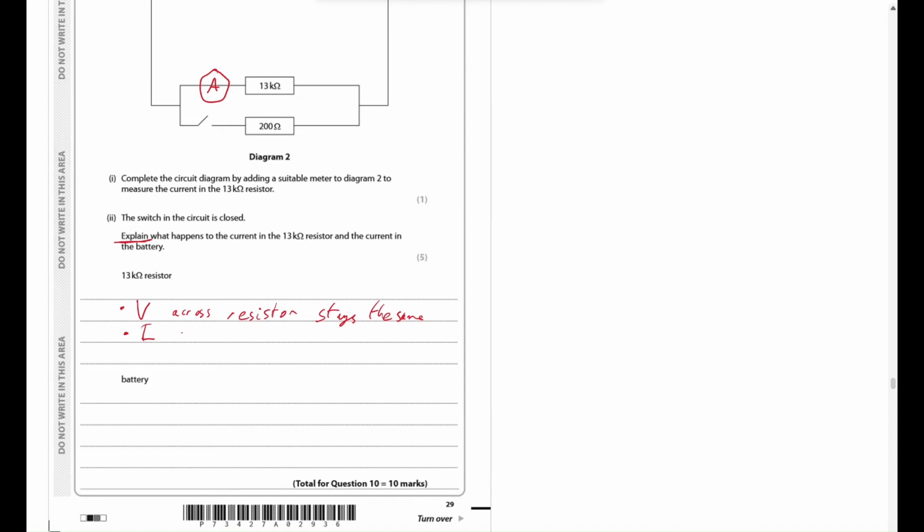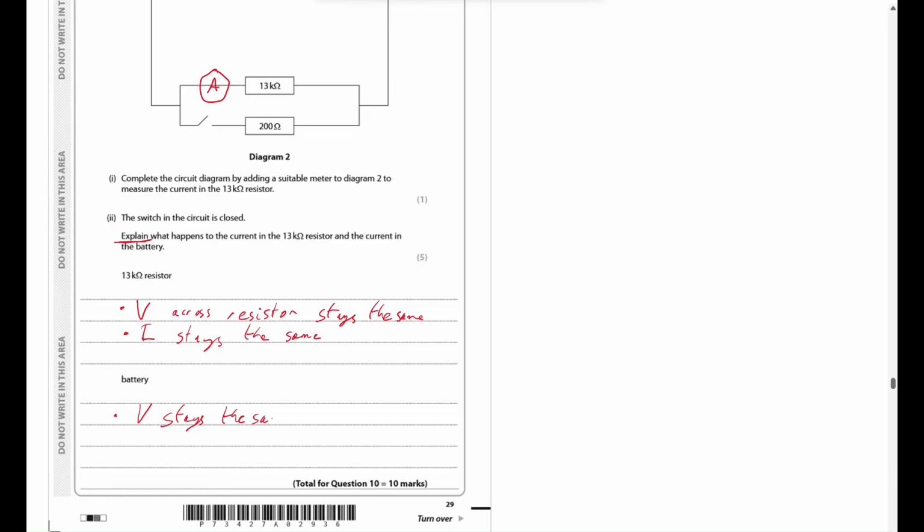The voltage in this branch stays the same, so the current is going to stay the same. The resistance is the same, the voltage is the same, and current equals voltage divided by resistance. That's a sensible thing to say. Current stays the same in that branch. Whereas for the current going through the whole circuit, when you have opened up another branch, you've